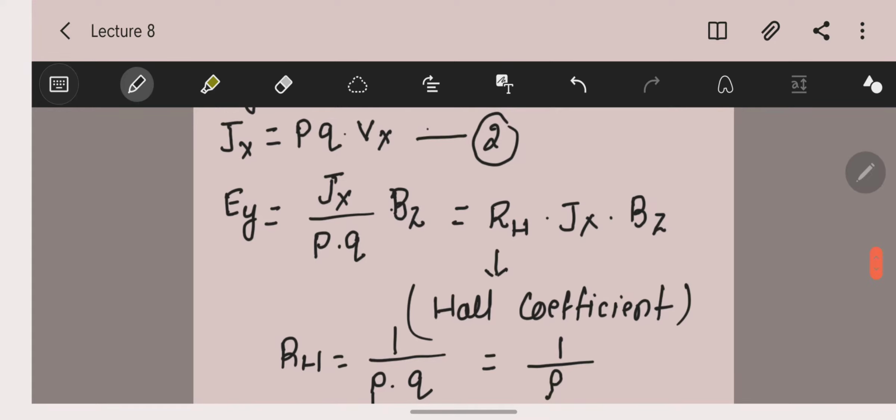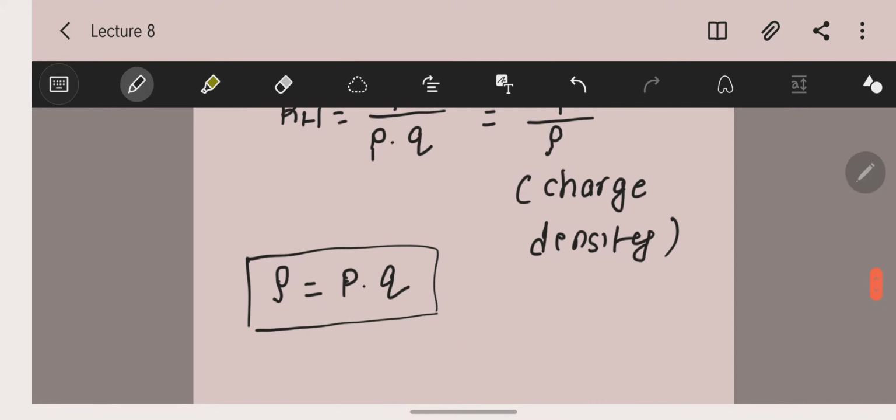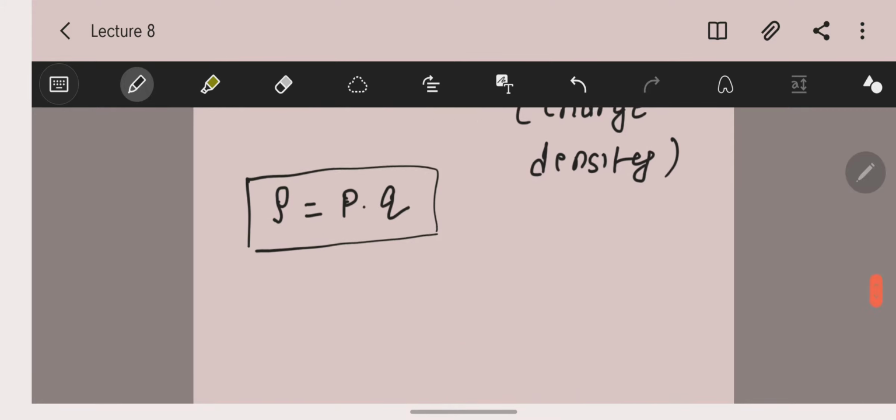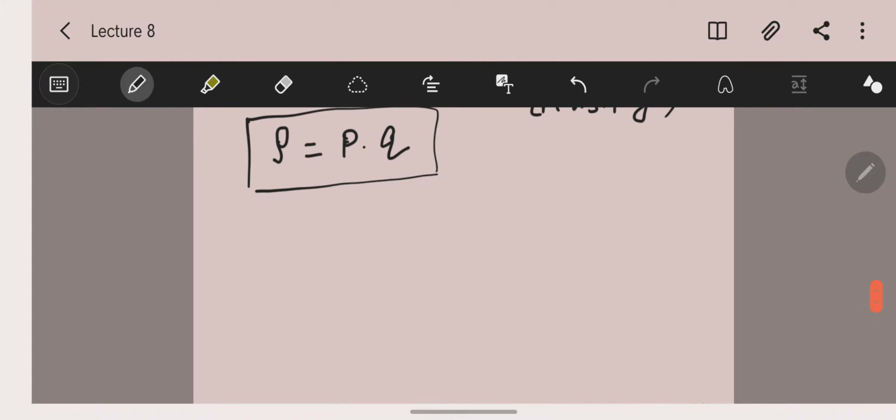This is the value of the electric field that we can determine using this Hall experiment, because RH, Jx and Bz are known. Using this we can find how much intensity of the electric field is going to be induced in the specimen. Next, the second significance that I have written is that we can find the carrier concentration inside the semiconductor, inside the specimen. Now here we can define this carrier concentration. We have considered p type.